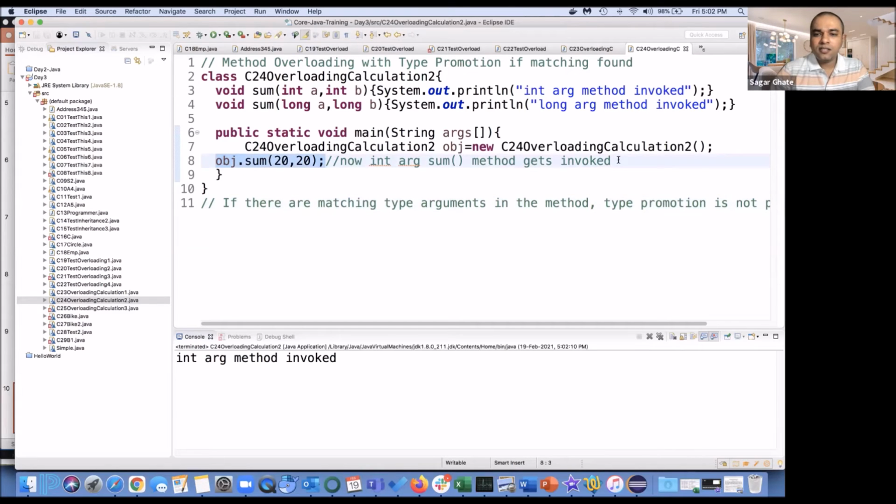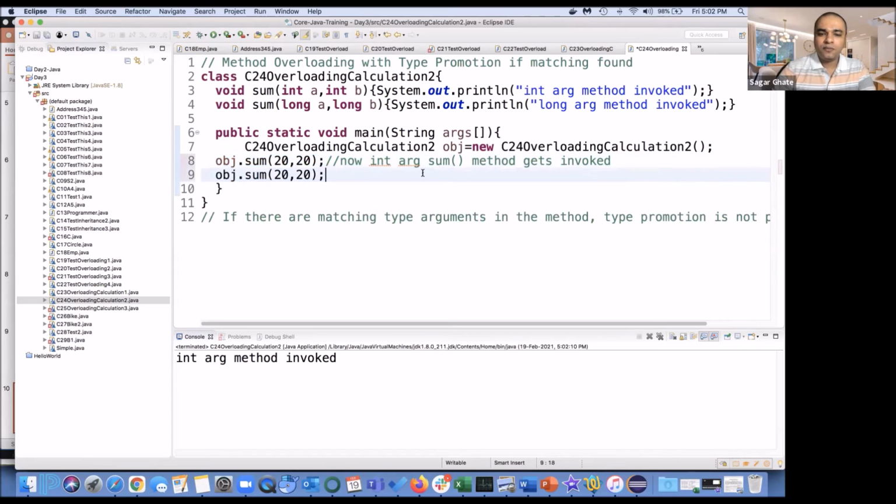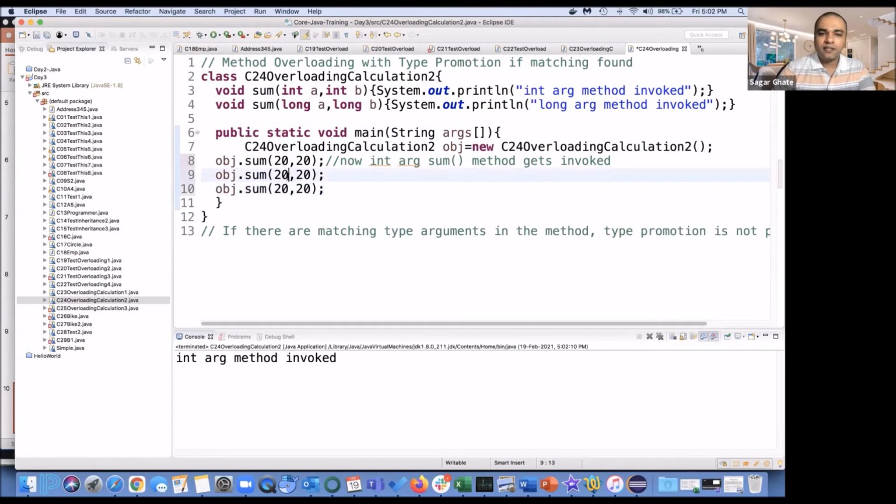Okay. And if I do something like this, 20L, 20.8, 20.8 is not possible. Long can be upgraded to double, double cannot. So if I do 20L and then 20L and 20L, what do you think will be the output of this?